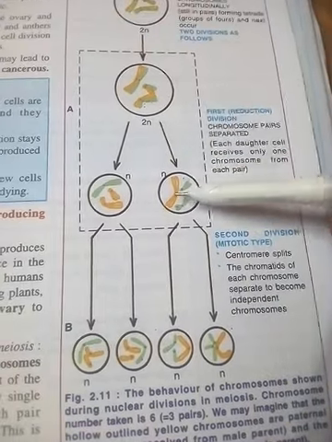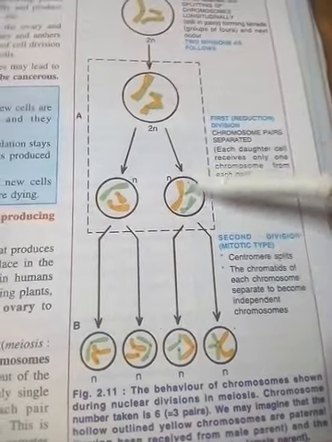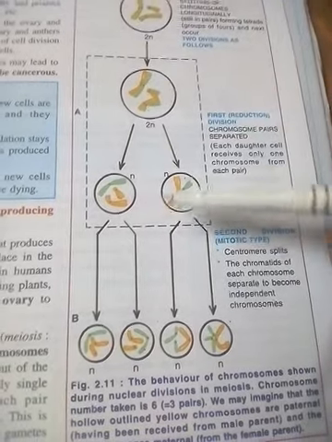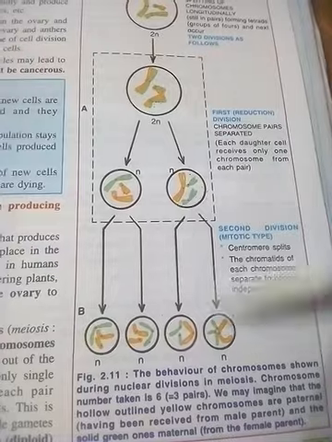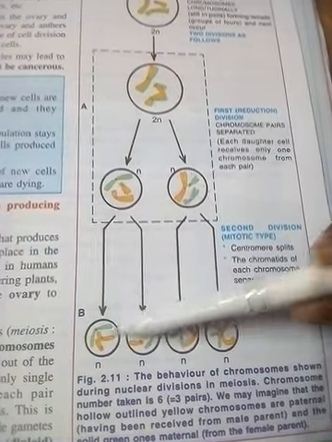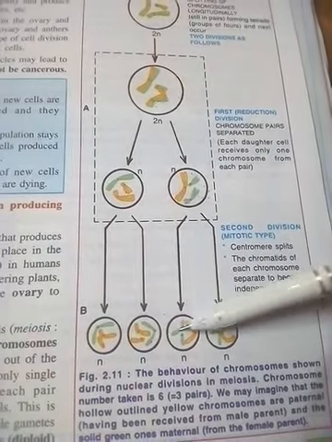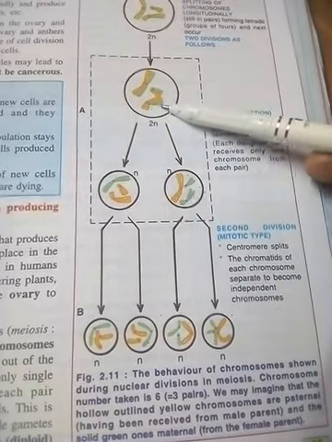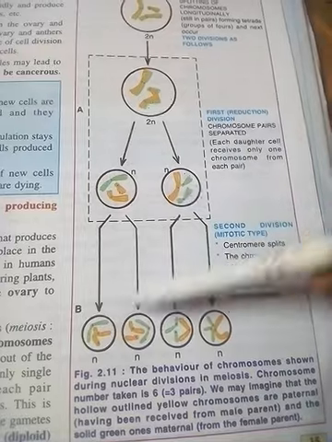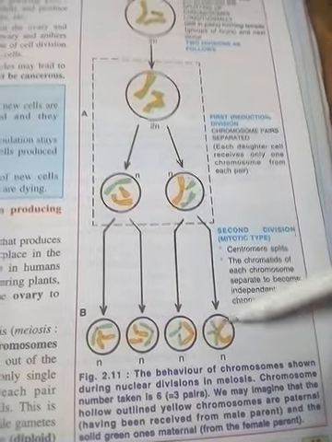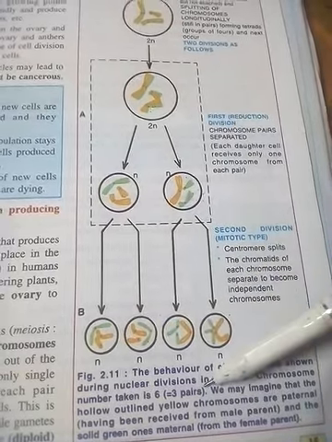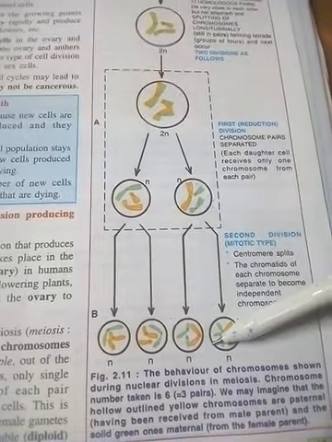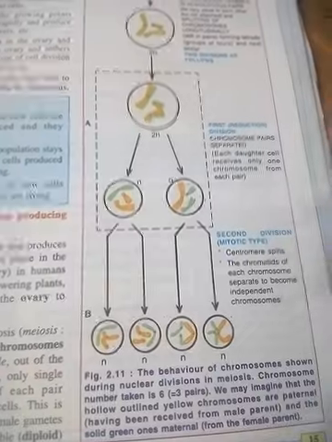So the chromosome number is the same as the parental cell. This is meiosis 1, and this is meiosis 2. After meiosis 1, 2 daughter cells are produced and reductional division takes place, and in meiosis 2 equational division takes place. From each cell 2 daughter cells are produced, with the same chromosome number as the parental cell. So here 2n equals 6, then n equals 3, n equals 3, and n equals 3 in all 4 daughter cells. So meiosis is divided into 2 steps, meiosis 1 and meiosis 2. This is all about the process of meiosis.